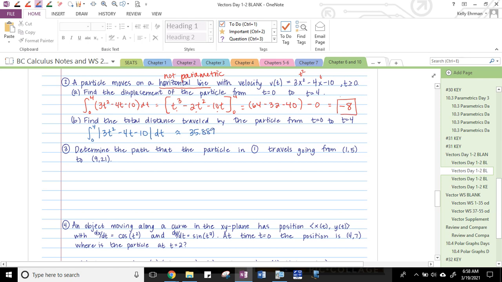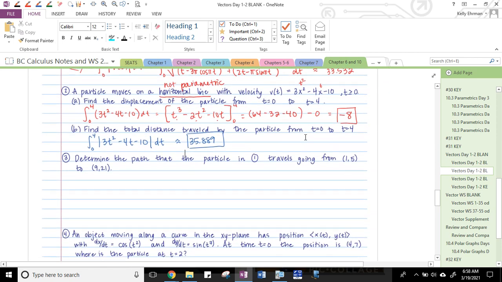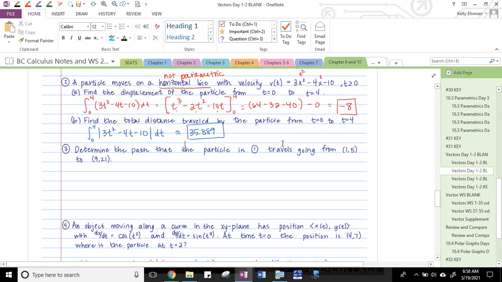And I don't see any units here, so whatever that distance is measured in. Determine the path that the particle in problem 1 travels from the point (1, 5) to the point (2, 1). So determine the path. I don't want to graph this by hand because it's complicated. I will graph it on the graphing calculator, but otherwise I want to figure out if we can come up